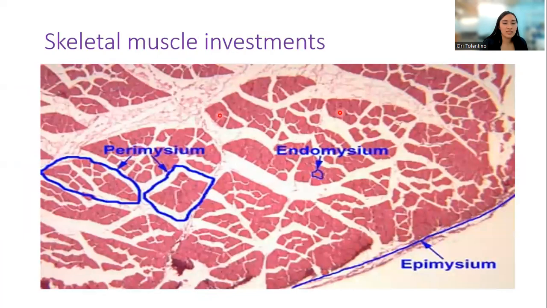Again, this is a tissue section showing the coverings of your muscle. The epimysium here surrounds the entire muscle. The perimysium extends inwards to divide the interior of the muscle into small bundles called your fascicles. So it groups your muscle fibers into these bundles called the fascicles. This is the perimysium, and the endomysium covers your individual muscle fiber.